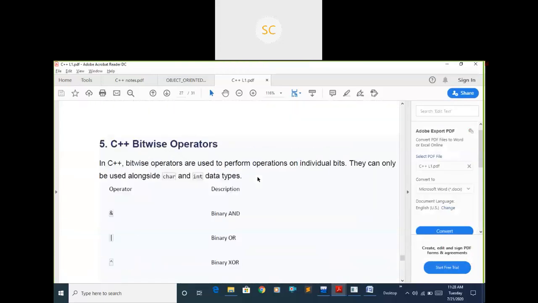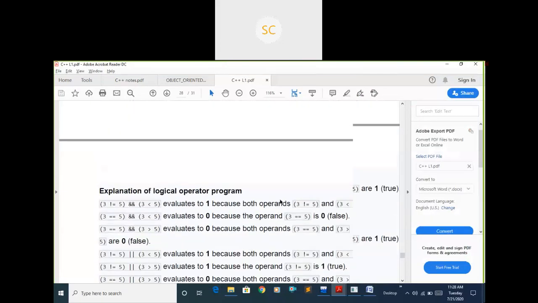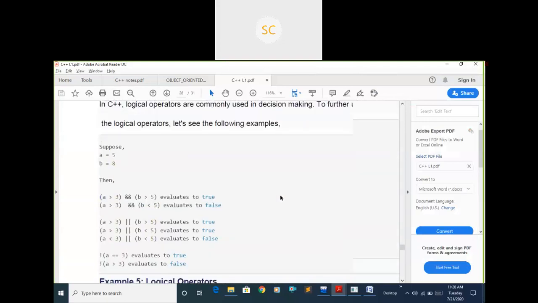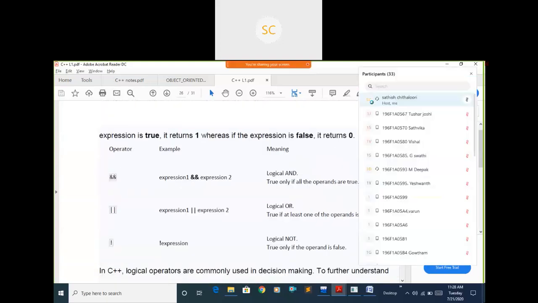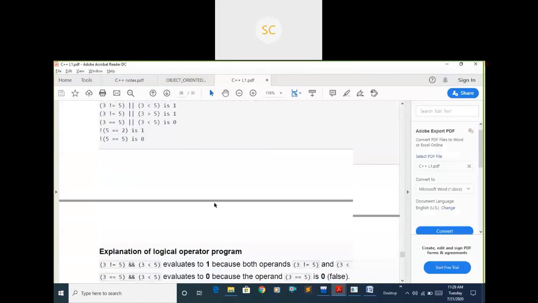Okay, this is about logical operators. Then bitwise operators. Bitwise operators perform in a different way. Actually, they follow the same AND and OR operators, but these operators perform on individual bits. See here also we have AND, a single AND. In the previous case there were two ANDs, the double AND, the logical AND. This is also an AND operator, but a single one.